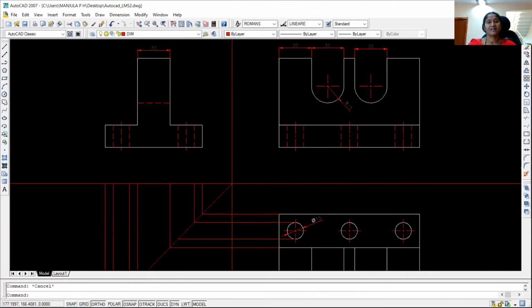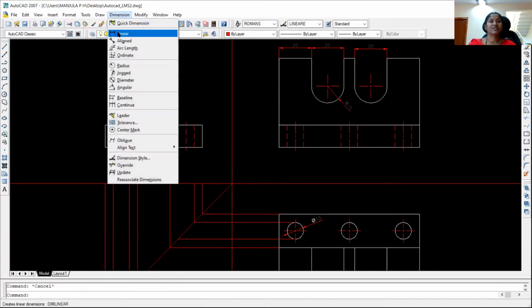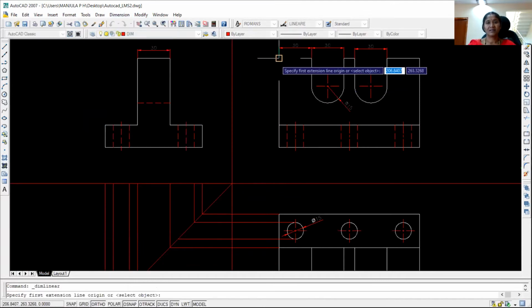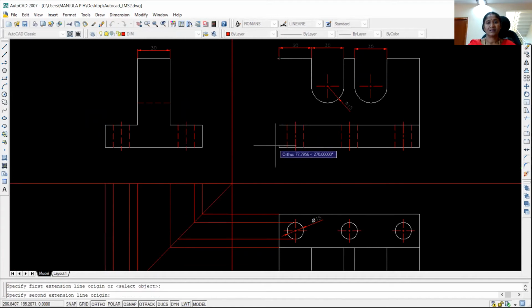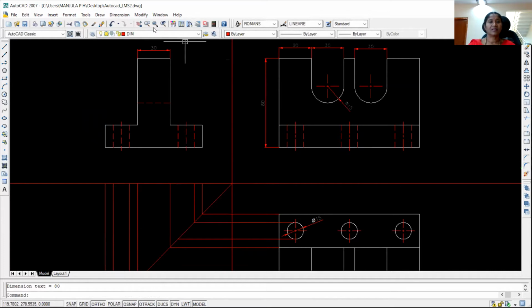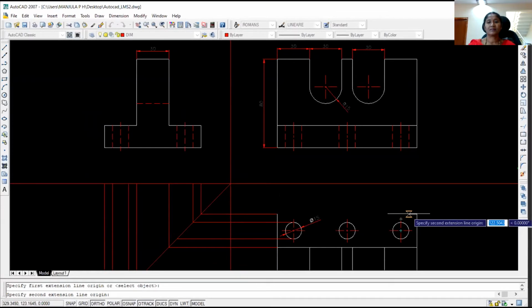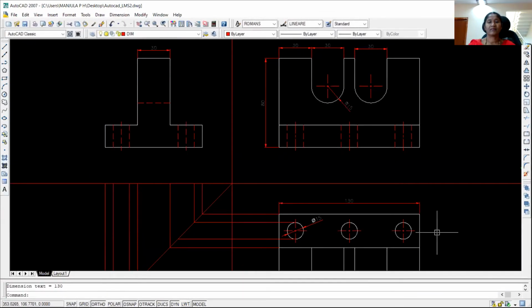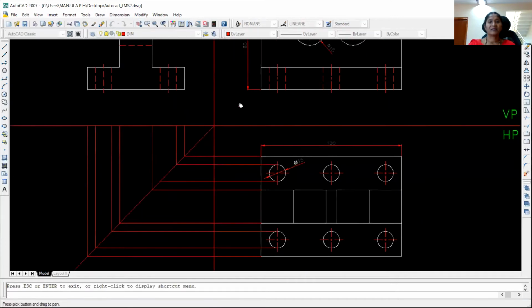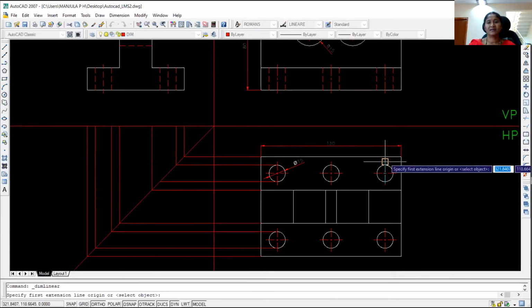Similarly, dimension, linear. Similarly, dimension, linear. If you want to move the screen, click on the pan command. Now again dimension, linear.